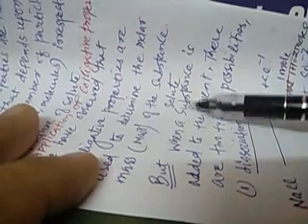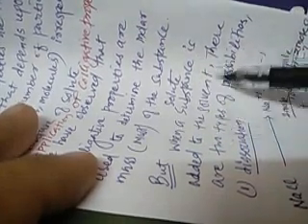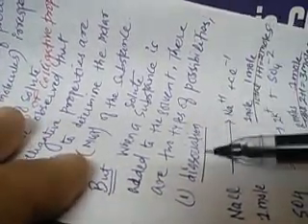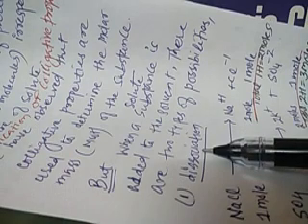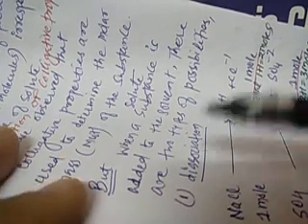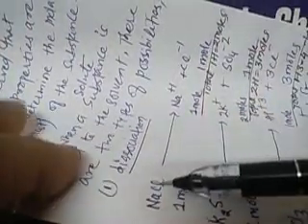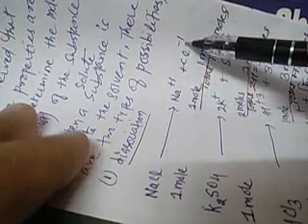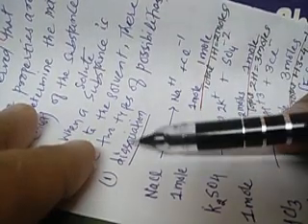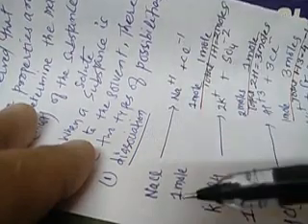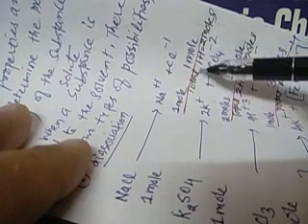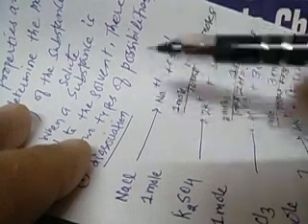But when a solute is added to the solvent, there are two possibilities. One possibility is dissociation, another possibility is association. But first we will study dissociation. As we know, if NaCl is added to solvent, it turns into Na+ and Cl-. This is known as dissociation or ionization. So 1 mole of NaCl gives 1 mole of Na+ and 1 mole of Cl-. So a total of 1 plus 1, 2 moles of particles are produced when we add 1 mole of NaCl.